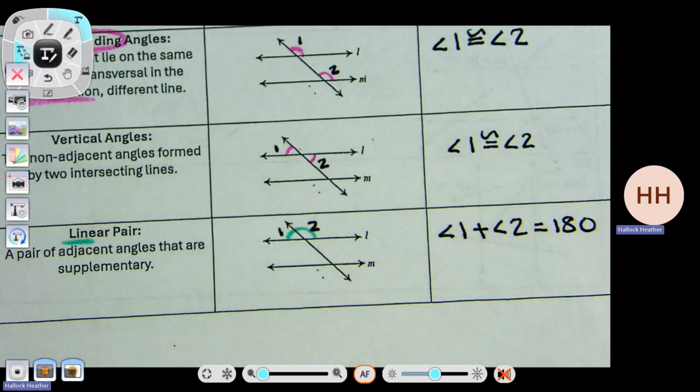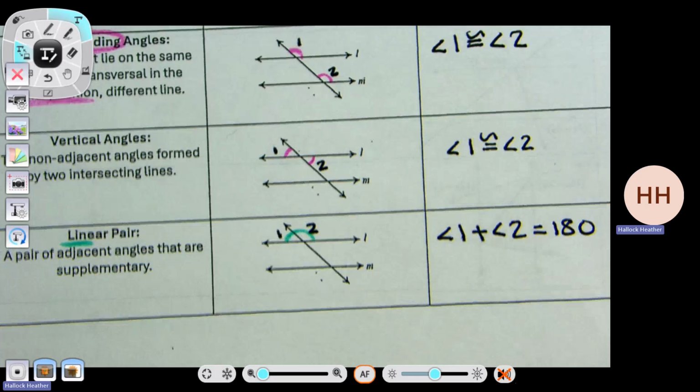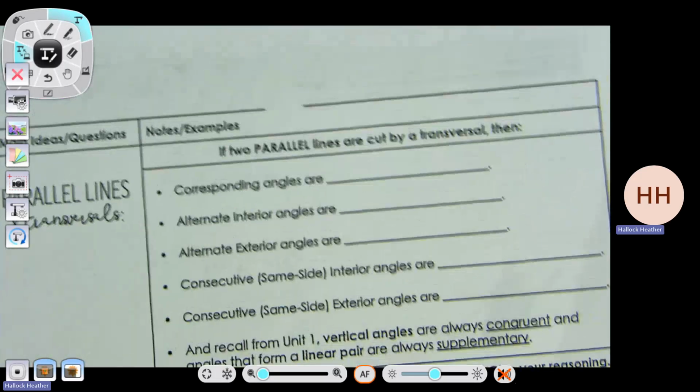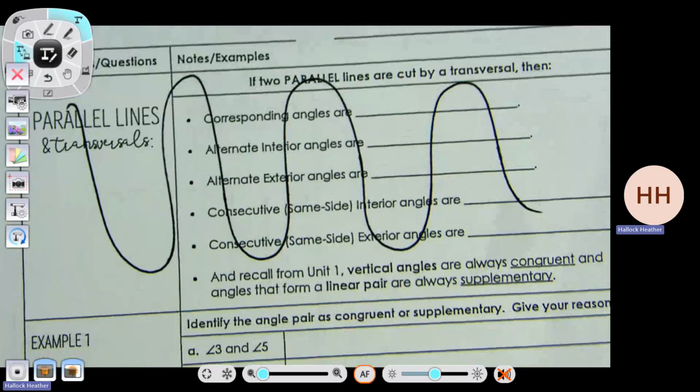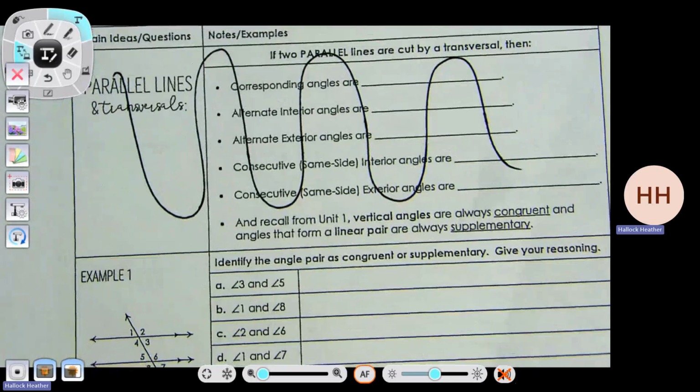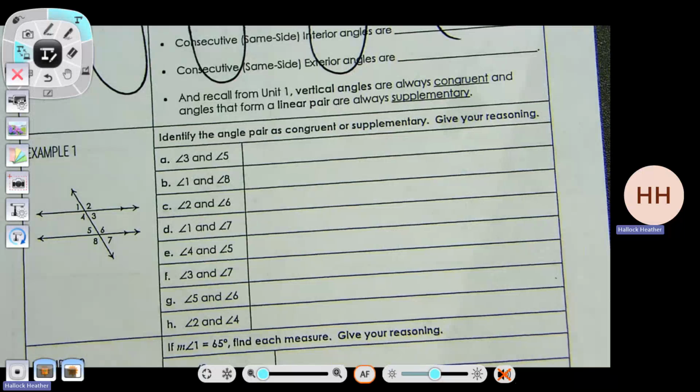Let's skip this top part. We don't need this. We already did that. Let's go to example 1. So example 1 gives you a picture and it wants to know the relationship, the vocabulary that is connecting these